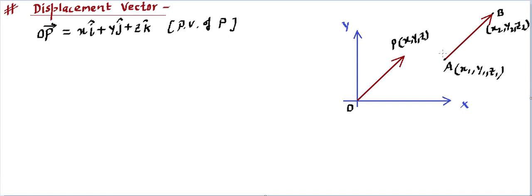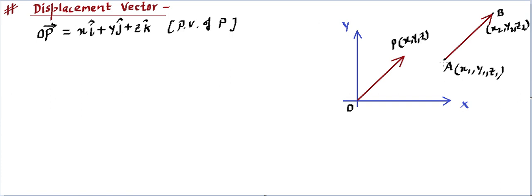And if somebody wants to express this AB vector with respect to this coordinate system, then we will say this AB vector is not a position vector. As we have already talked about, for a position vector it has to start from the origin. So how to write this AB vector and what this AB vector is, we are going to talk about in this particular slide. So this AB vector is a displacement vector.